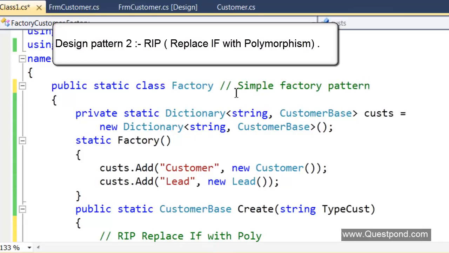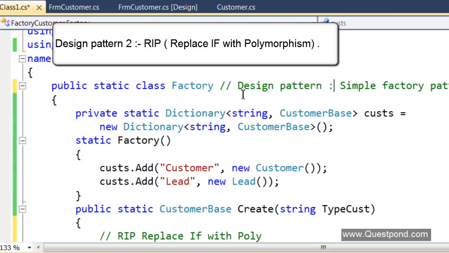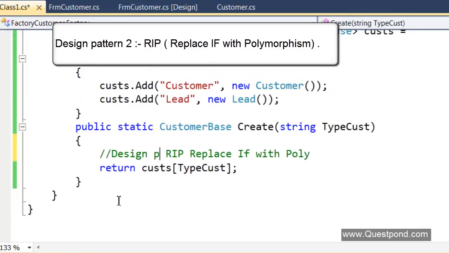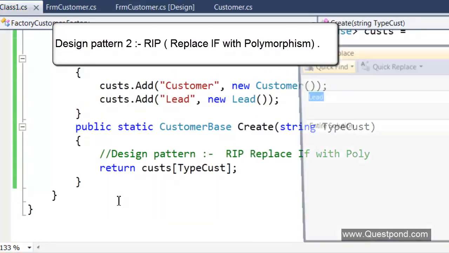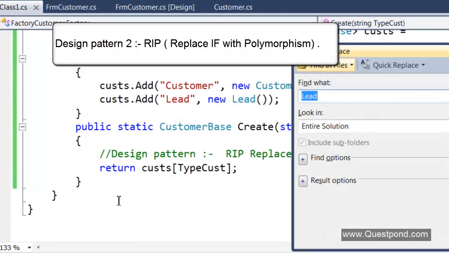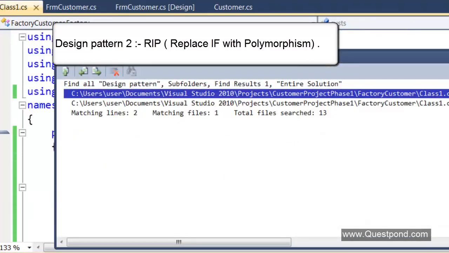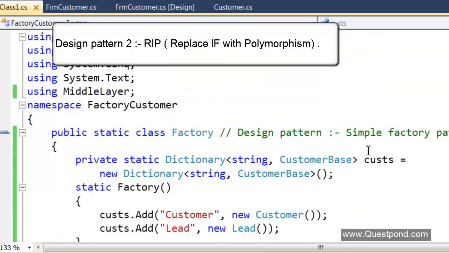So what I'll do is, all over the project, I will just put this word design pattern, right? And I will put the name of the pattern, design pattern, and name of the pattern, so that tomorrow if you want to just go and see, if you just do a Control-Shift-I, and if you just search for design pattern, you should be able to straightforward go and see the references, right?